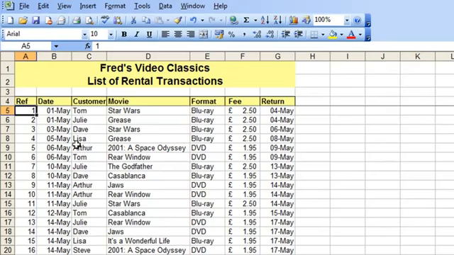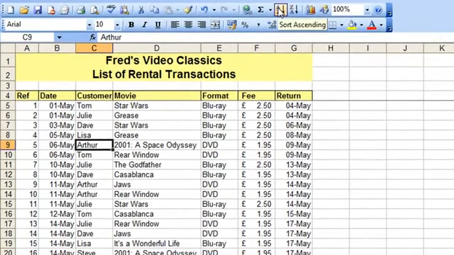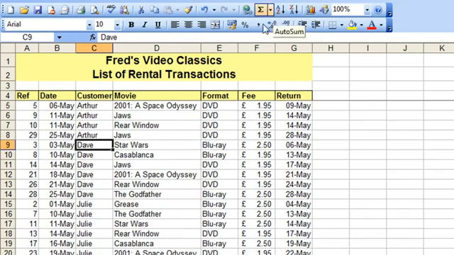Now, data sorting, there's a few ways you can do it. I'm going to start with the easiest way, which is to use the buttons on the toolbar. What I'll do is I'll say I'd like to sort my list by the customer name, so all I need to do is click any cell in that customer list there. On the toolbar I've got two options, A to Z and Z to A. Hopefully they're self-explanatory. So I'm going to click the Sort Ascending button and you'll see my customer names are sorted